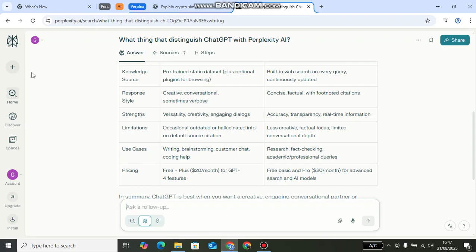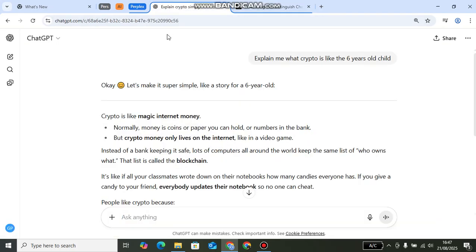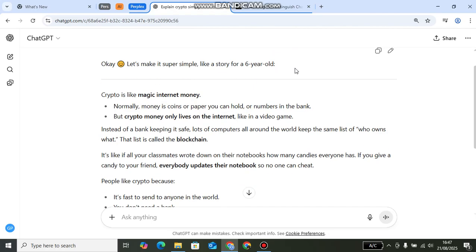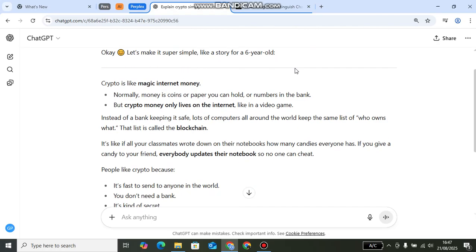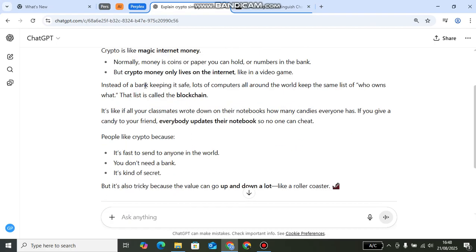For example, I will ask something about crypto, and I ask this question into ChatGPT. Explain to me what crypto is, like I'm a 6-year-old child. Okay, so this is the answer that has been prepared by ChatGPT. The answer over here is really simple,